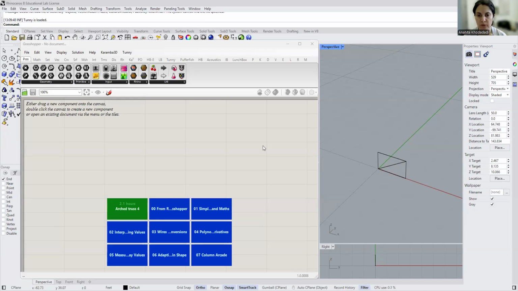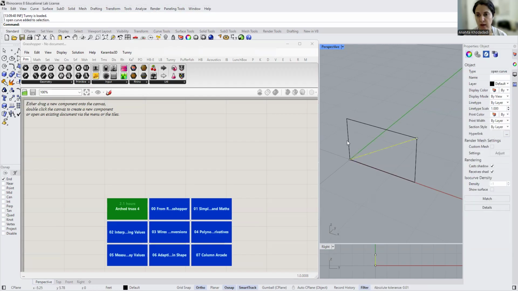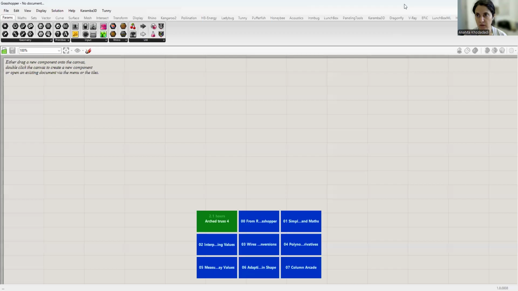Hello, in this video, I want to show you how to analyze a very simple frame, a simple braced frame with a uniformly distributed load on the top beam and a uniformly distributed load applied to one of the columns. I just drafted this simple frame by drawing separate lines. And now I want to start using Karamba 3D to analyze